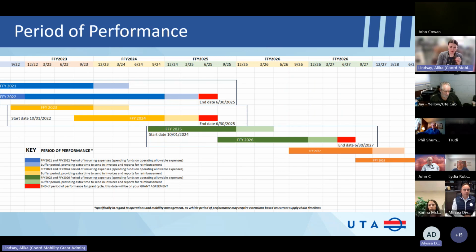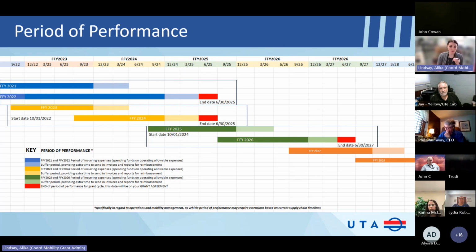And that caused a lot of problems for us in the past, giving an award for a project that didn't exist. And then we ended up not being able to spend the funds on time and had to deobligate them and give them back to the federal government. And FTA does not want us doing that. So we're trying to be better stewards about using the funds how FTA intended them to be used, which is assisting already active programs.